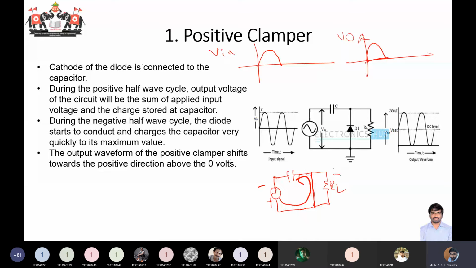Although you have a load resistor, because you have a short circuit over here, no current will flow through the load resistor. Know that if you have two resistances, one resistance is 0 and the other is, let us say, 100 ohms, both resistances are in parallel, the effective resistance will be equal to 0, right? In a parallel circuit, the effective resistance is lower than the least resistance. So I have a 0 resistance, so your effective resistance is almost 0. So no current will flow through the load resistor. The current will flow through the diode.